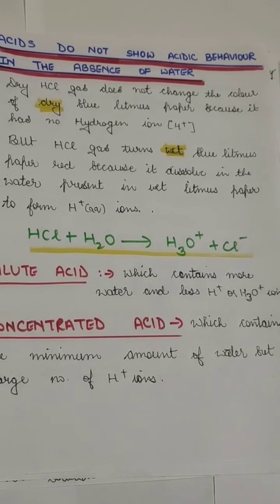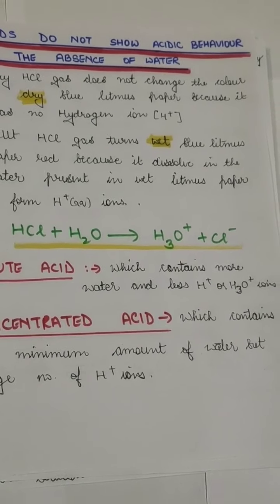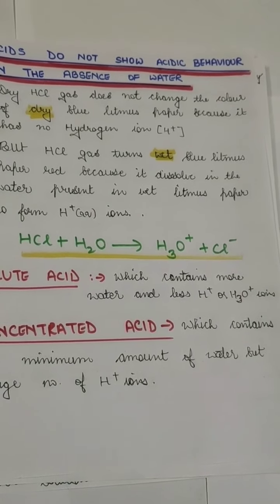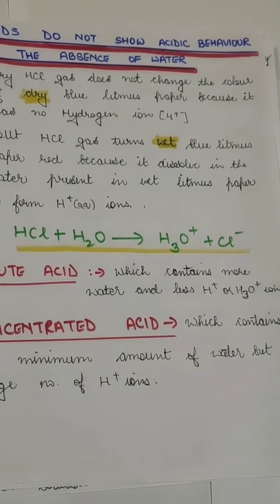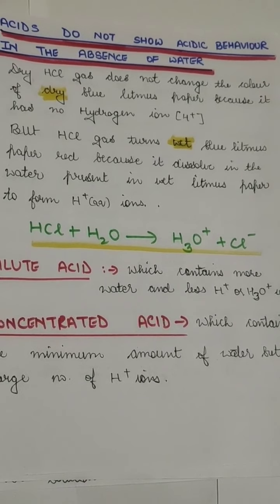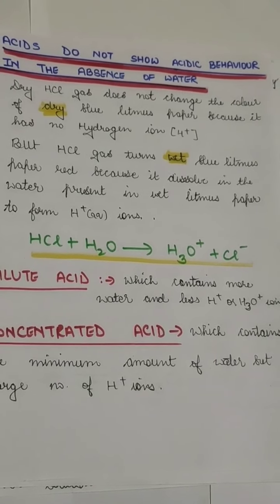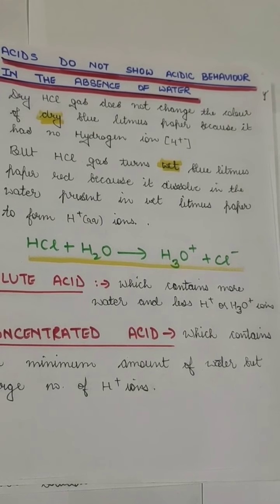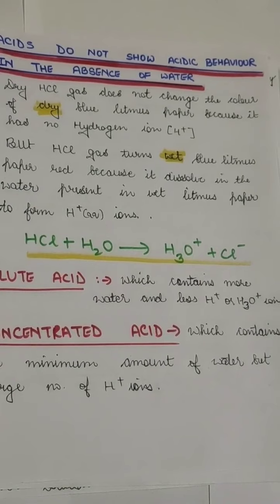As soon as we add the sulfuric acid into the NaCl, a gas will come out from that tube, and we'll bring a litmus paper in front of that tube. What we'll see is that there won't be any change. First of all, the gas which comes out will be HCl gas, because when we react sodium chloride with sulfuric acid, it produces hydrogen chloride gas. But that is a gas. So when we bring dry HCl gas in front of a blue litmus strip, it won't change any color.